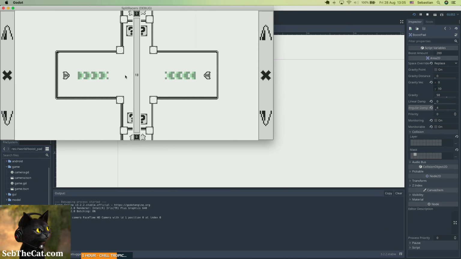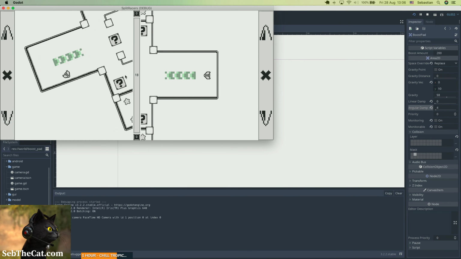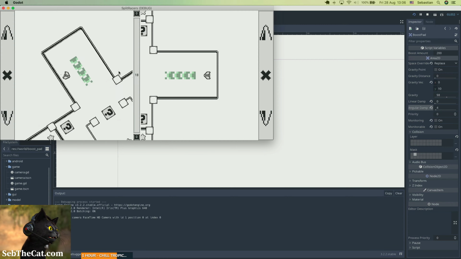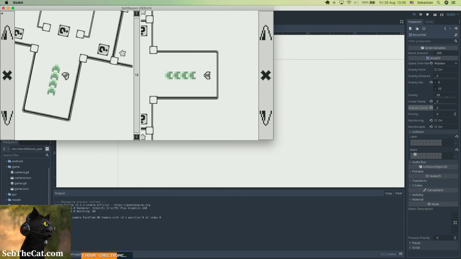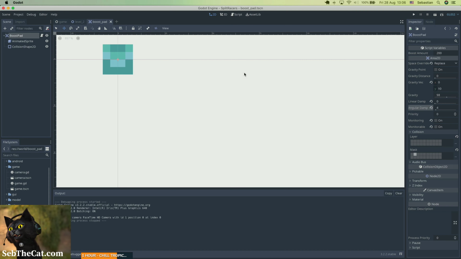Is that going to work? Whoa! So that was pushing in the wrong direction. First of all, I should maybe just get rid of our angular